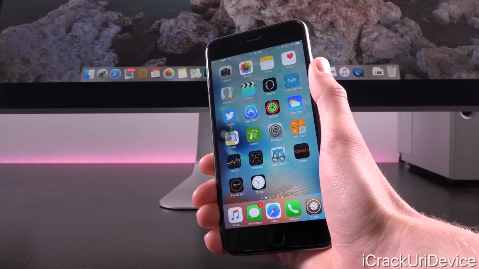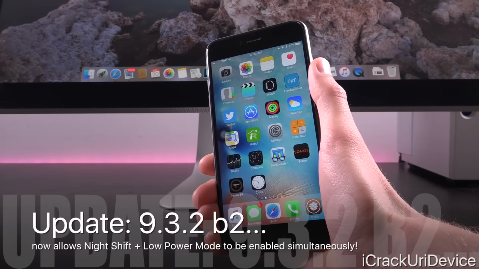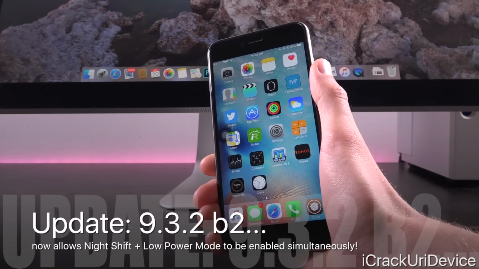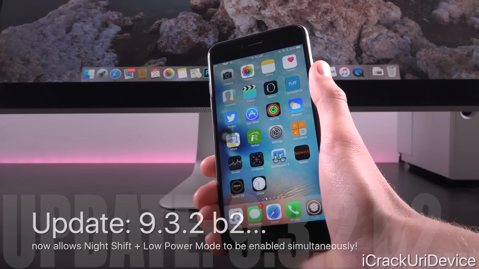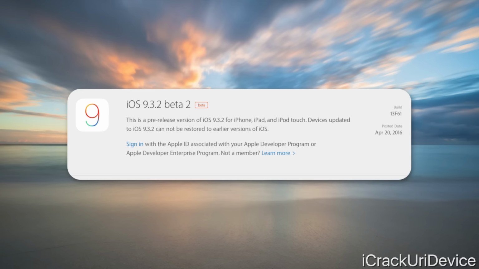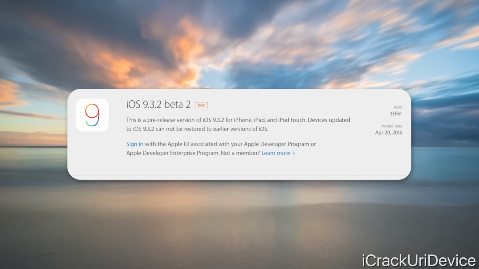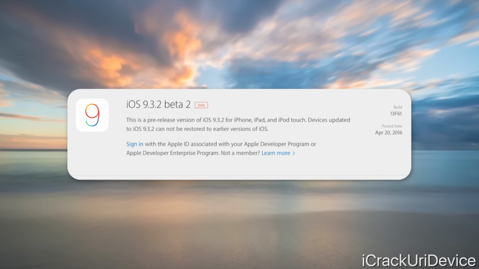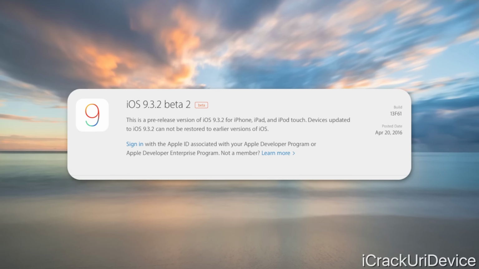We don't even know which changes, if any, it features at this point that the end user will notice. That's not to say that things won't be added or discovered before iOS 9.3.2 is released to the public. Just as of now, again, it's a very minor update that doesn't impact anything really, other than to further Apple's efforts to stabilize the firmware in general before they move on to iOS 10.